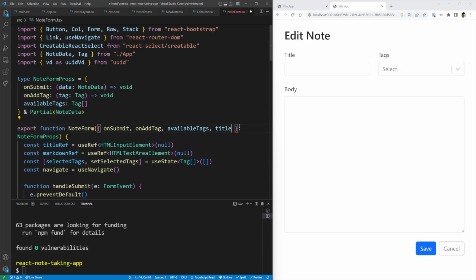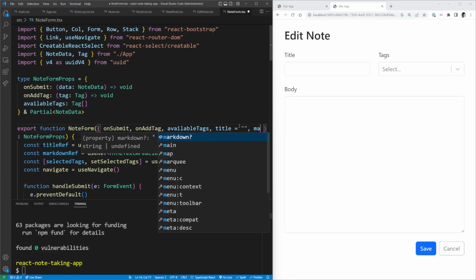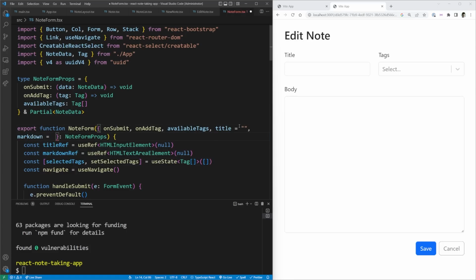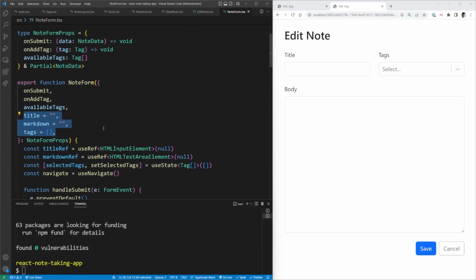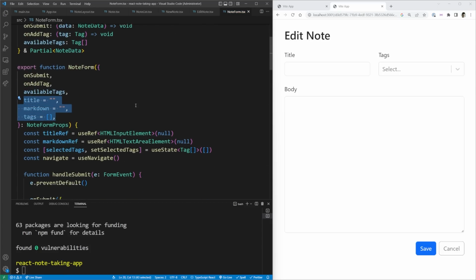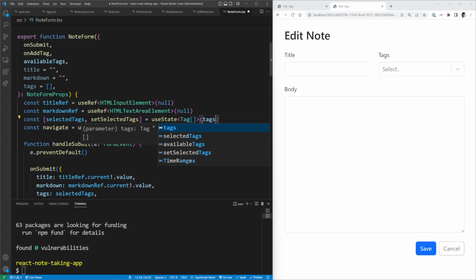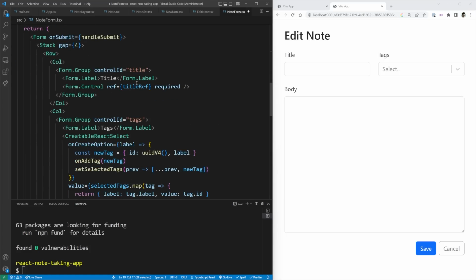So we have access to a title, which is going to be an empty string. We have access to markdown, which is going to be an empty string. And we have access to our tags, which is going to be an empty array by default. So these are all the three different properties we added to our note form props. And now what we need to do is by default, we can set our tags to our tags that we pass in here. And our markdown and title, we can actually just come down here and give them a default